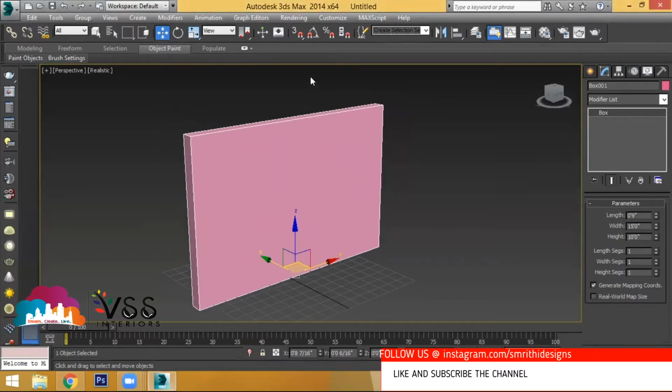Now, what shall we do is, to place a door inside this wall and to place a window, we have to make holes. I want to place a door here and I want to place a window here. Let's say I want to take two windows. So to place a door, a window and one more window, we have to make holes, right? Without making a hole inside this wall, can you place a door, window or ventilator or anything else? No.